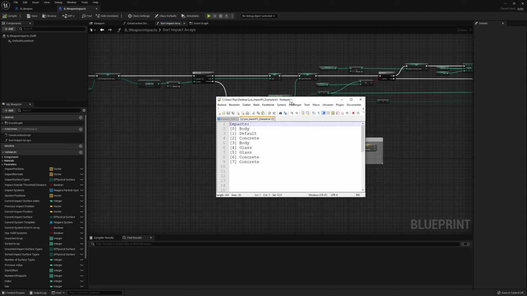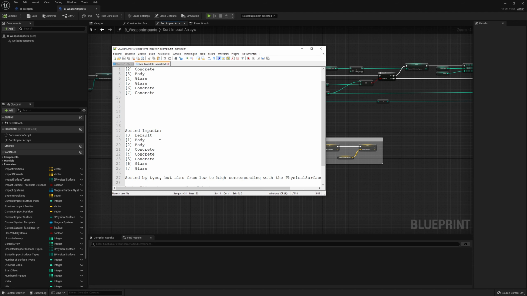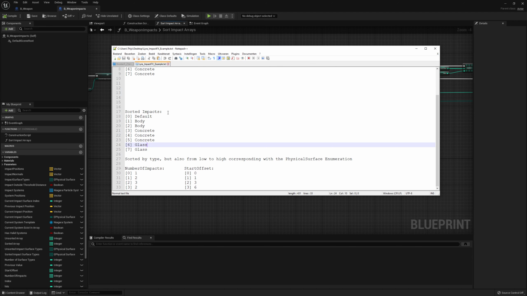So what they do in this function is they are going to sort the array by impact surfaces. So after it's sorted, it looks like this. They have default, then 2 body, 3 concrete and 2 glass. But they do not only sort it by type, but they also make sure it's sorted from low to high corresponding to the enumeration of the surface types. So what I explained in the previous video, the surface types are an enumeration. We can convert an enumeration to an integer, and that way we can make sure that we look up the